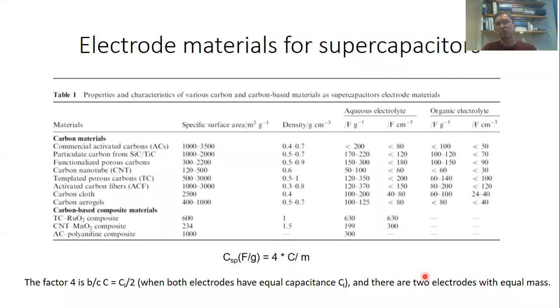In this case, it's also assumed that the two electrodes have equal